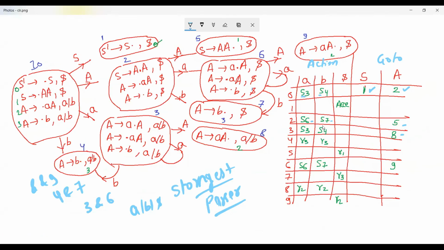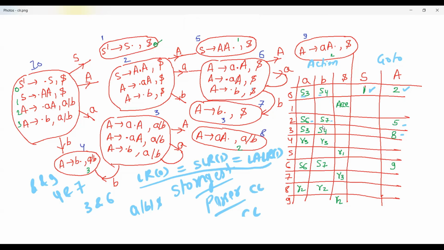Okay, so basically what is the conclusion? For LR0, the number of states is equal to that of SLR1, which is equal to that of LALR1, right? Which means in these three parsers the number of states will be the same. But in case of CLR1, the number of states is always greater than or equal to the number of states of LR0, SLR1 and LALR1.